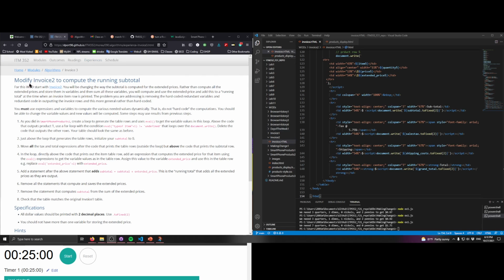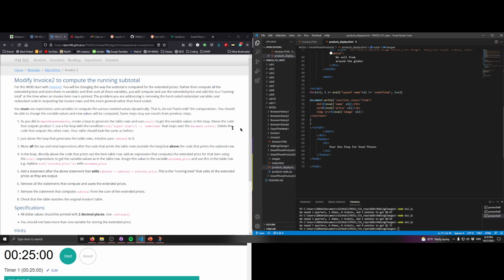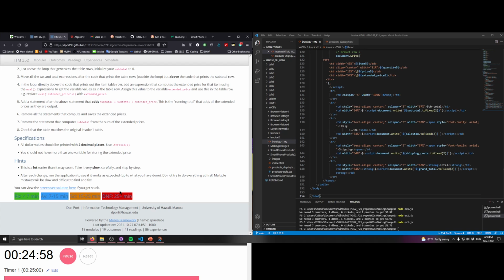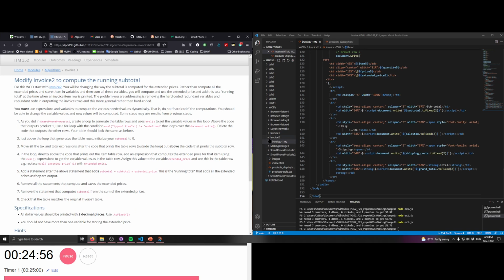I was reading this before and it says it does look similar to products display. So that's just kind of what I did to prepare for myself. But we'll see how it goes. 25 minutes for DNF. First of all, I got to copy invoice 2